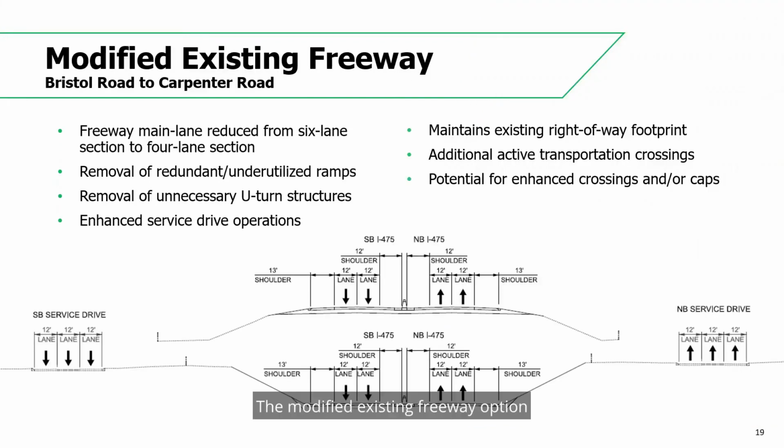The modified existing freeway option would rebuild the existing freeway from Bristol Road to Carpenter Street and address other infrastructure improvements while maintaining the general footprint of the facility, similar to the originally proposed MDOT rebuilding project. Major elements of the modified existing freeway include reduction of the existing 6-lane freeway to a 4-lane freeway, removal of redundant, underutilized ramps between Hemphill and Atherton, to, from, Horton between Pearson and Carpenter, removal of unnecessary U-turn structures south